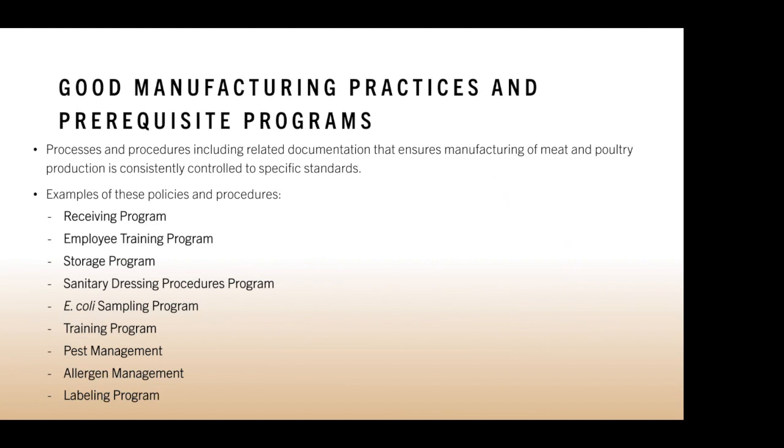Good manufacturing practices, or GMPs, and prerequisite programs, sometimes called PRPs, are programs that support the HACCP plan and hazard analyses, which we will talk about on the next slide. These programs identify how specific hazards that are not critical will be controlled in and around the production environment. Some examples of these are receiving programs, employee training programs, a storage program, a procedure to outline sanitary dressing procedures